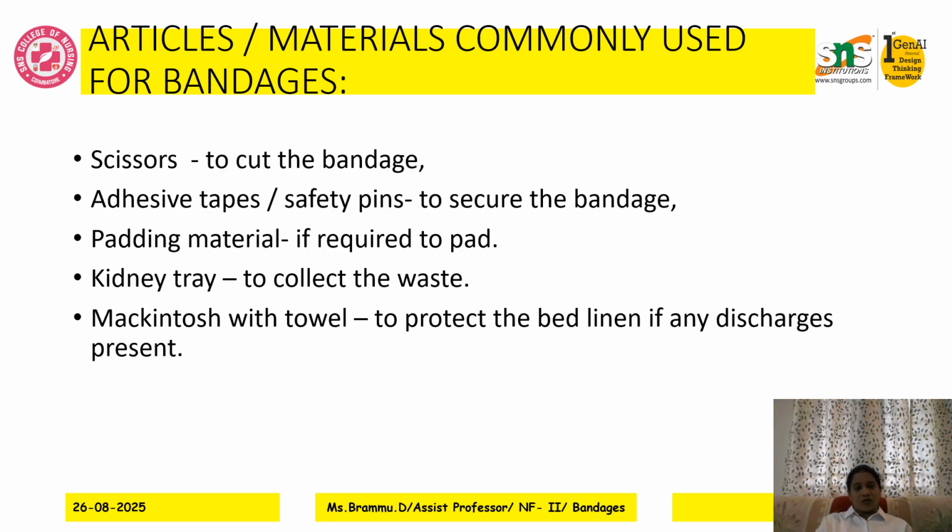And of course the articles which we use are scissors to cut or to stop the bandaging. If the wound is very small, you can use the small roll. If the wound is very big, then we have to plan for a bigger size of bandage roll. Adhesive tapes to secure the bandage after you have applied it, and of course padding materials if necessary, a kidney tray to collect the waste, and a mackintosh and towel to protect the bed and bed linen if there is any discharge